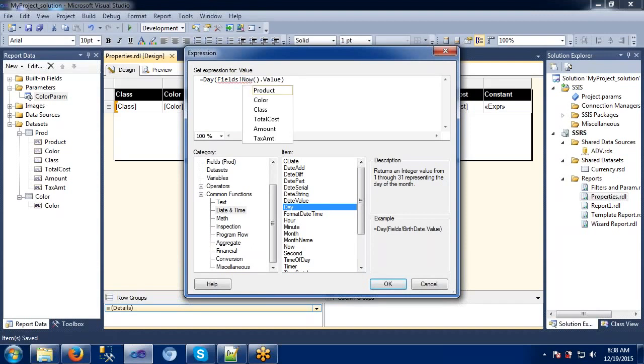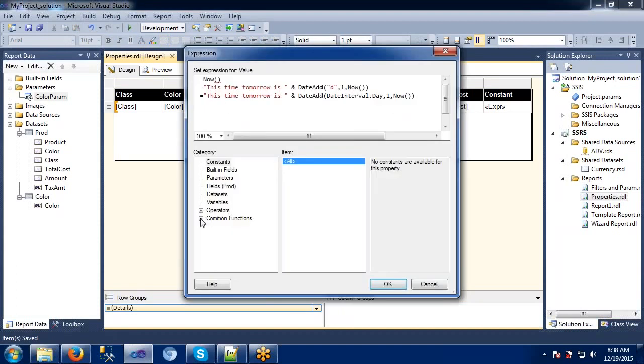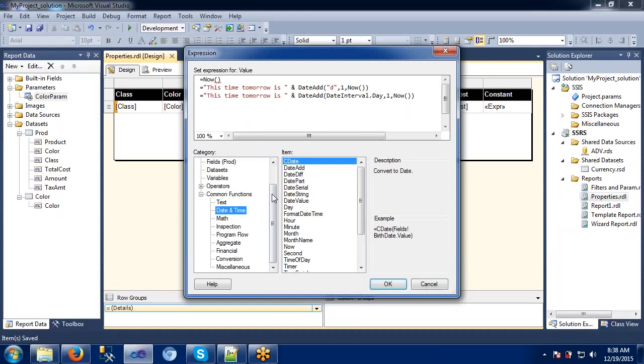What I mean to say here is it's asking me for fields, but I don't have any fields to display. Let's see. In the expressions, in the date, it returns an integer value from 1 through 31 representing the day of the month, right?